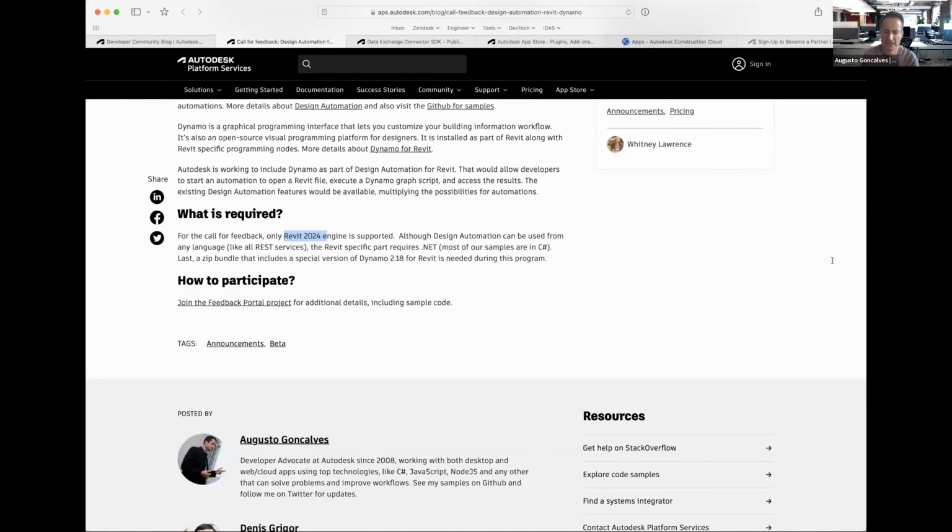So anyone else using Dynamo here? I know Luis is using it, because he saw his video. Yeah, I don't know if that's the same bundle, but yeah. I believe it is. I saw that you publish the source code for that, right? So everything here is open source, actually.